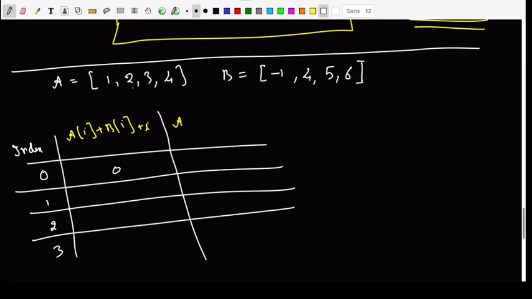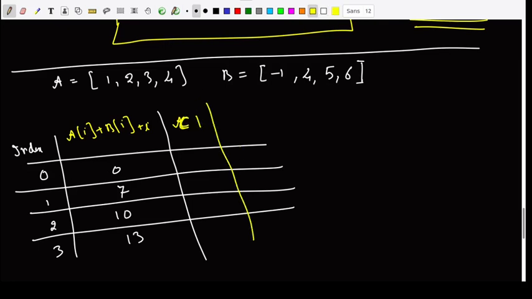Similarly, 2 plus 4 is 6. 6 plus 1 is 7. And 3 plus 5 is 8. 8 plus 2 is 10. And 6 plus 4 is 10. And 10 plus 3 is 13. Right? So now let us evaluate